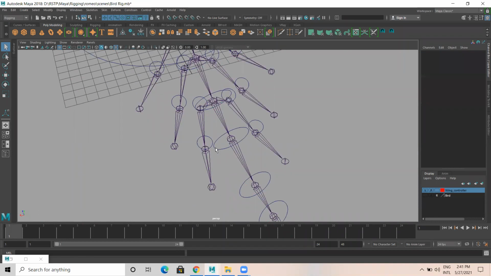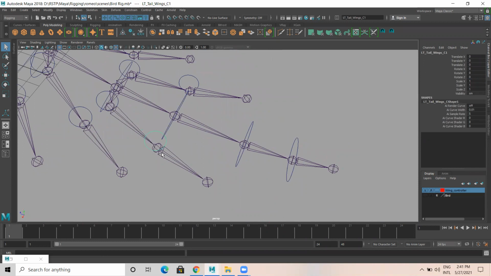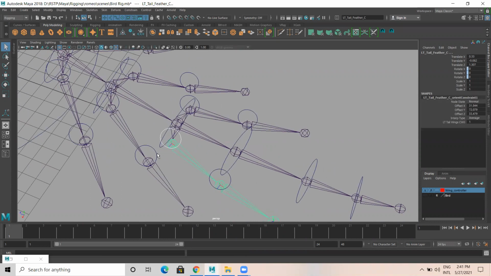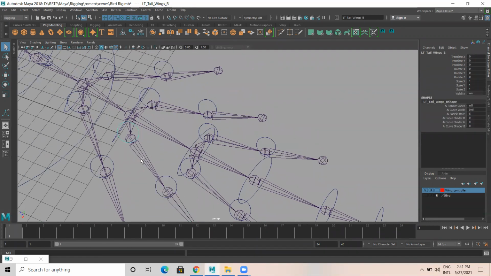Then after this, if you observe, there are sub joints and sub controllers. Select the curve and this particular joint, G, again orient constraint, so that I can rotate this like this. Okay. Same thing, repeat. Select this and this, orient constraint. Select this and this, orient. Select this and this, orient. Select this and this, orient constraint. Select this and this joint, orient.